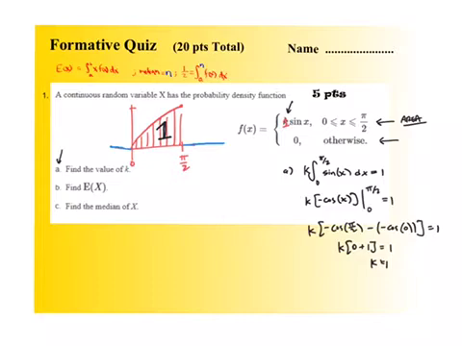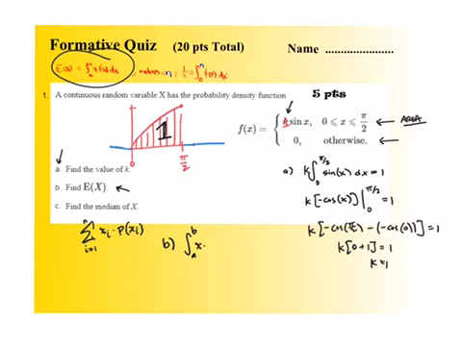Okay, so the expected value, let's move on to part B. All right, part B is the expected value. And what you might remember from before is that expected value is the sum from i equals 1 to n of all of the x values times all of the probabilities of each of those x values, right? So we took out of a list and we took the x's times the probabilities. In this case, it's very similar, but what we're going to do is integrate for part B, and you can see it up here. We're going to integrate from a to b of x times f of x,